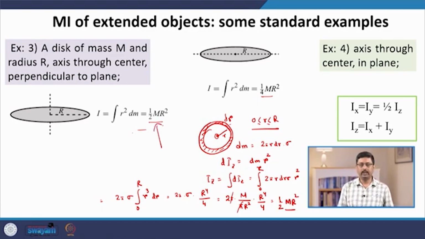So, this is one way that if you know some simple object in 1D, and then you use that result to get an object of revolution in a higher dimension, or from one result you can derive the moment of inertia of a slightly more complicated